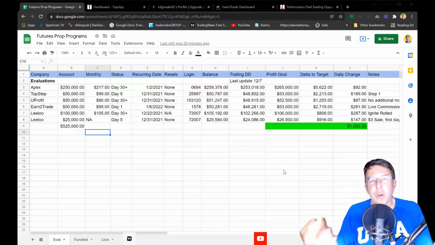And three, who cares? These firms pay out. They all pay out. I can assure you they have a lot of money now because they're generating a tremendous amount of fees in the subscriptions. So there are some firms, Earn to Trade can put you right in the live market if you think that's important, and TopStep does move you to the live market after you achieve a certain profit objective. You go into the live markets.